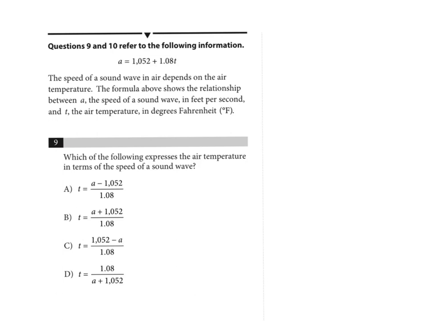Questions 9 and 10 refer to the following information. The speed of a sound wave in air depends on the air temperature. So here they're giving you this equation, and A represents the speed of the sound wave, and T represents the air temperature in degrees. Which of the following expresses the air temperature in terms of the speed of a sound wave? Well, if you take this equation, you'll notice that this equation has letter A, or the speed of the